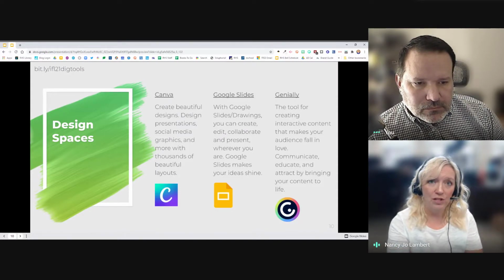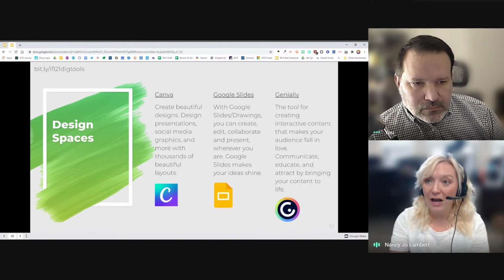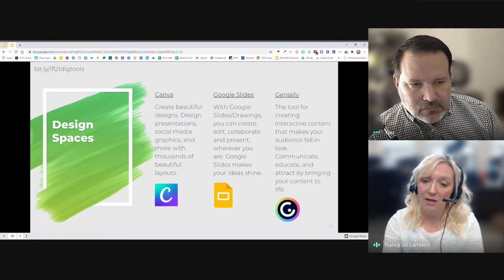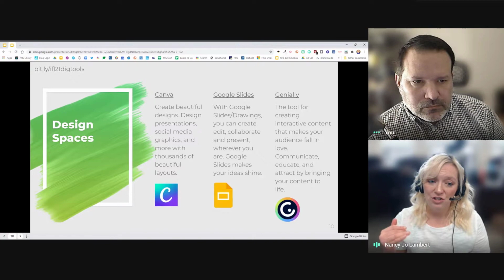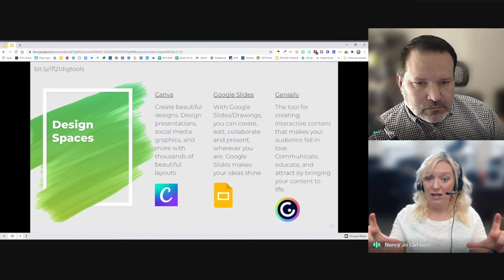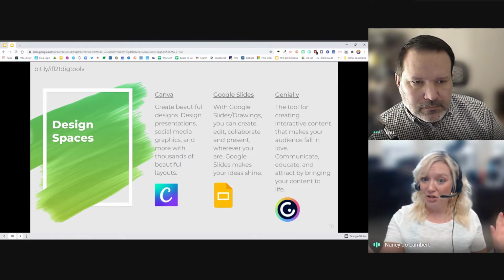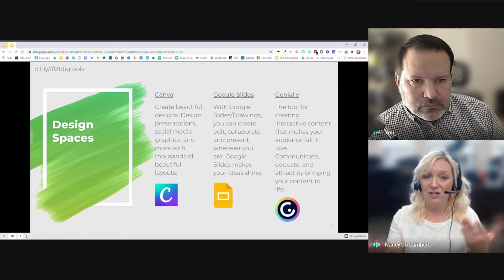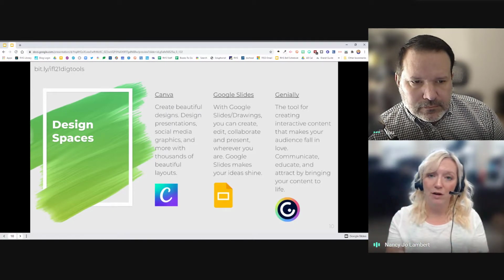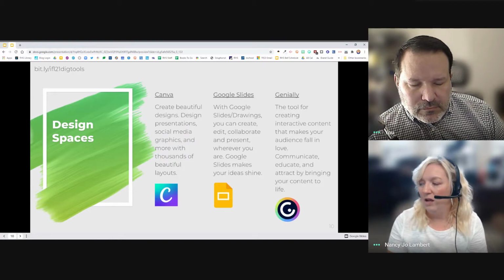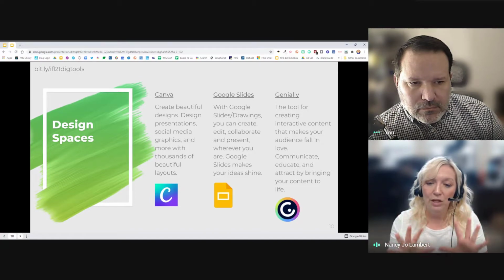Our district everybody has to use Canvas, the LMS system, and I've made a ton of Geniallys. I made a Genially for my library page that teachers can add to their Canvas. I made a Genially, and then I just put it on a Canvas page, and then I shared that page with all the English teachers so they could each add it to their Canvas course, so that the kids would have all the library resources, boom, right there on one page. We're going to show you some Geniallys, but it's a really great tool.